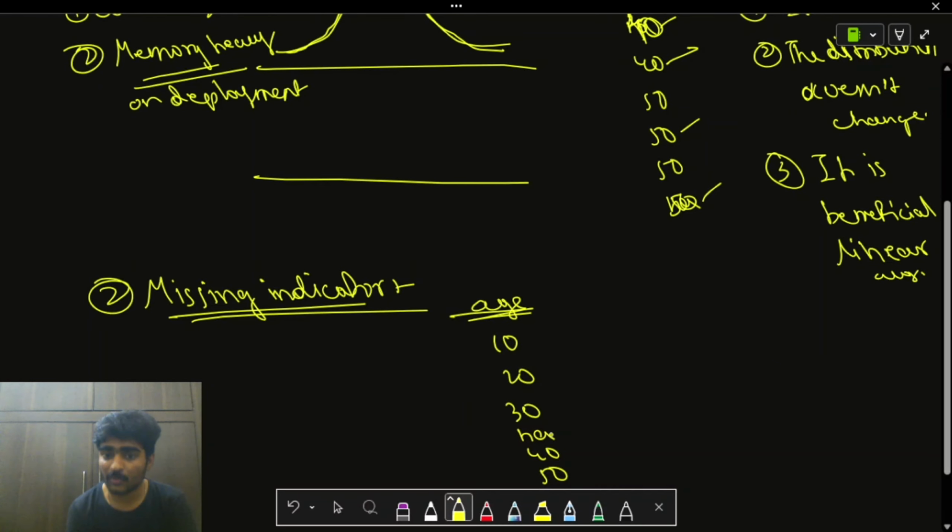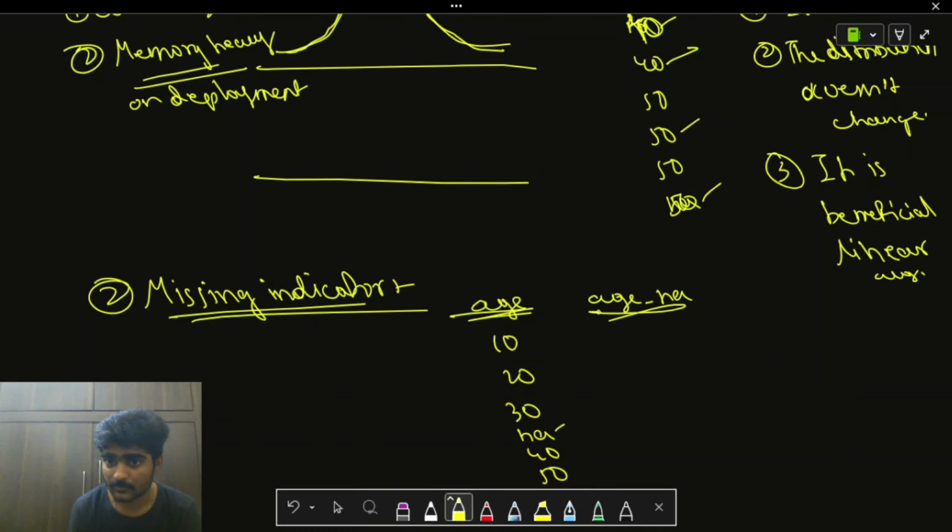I have one single missing value. So in this case I'll be creating another column named age NA, and the values in this age NA column are true or false values.